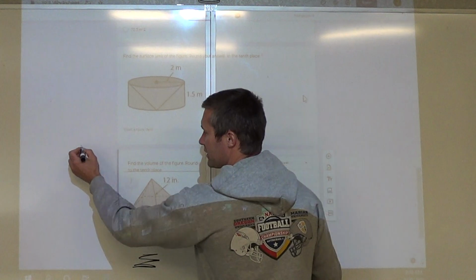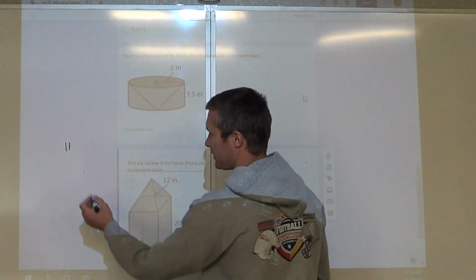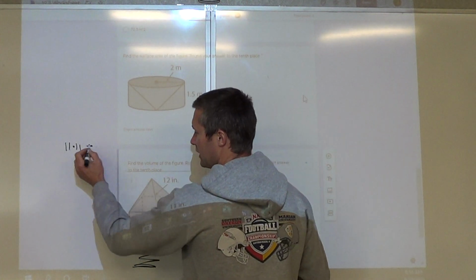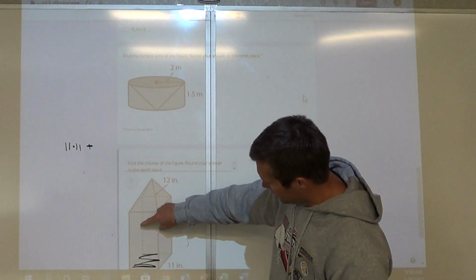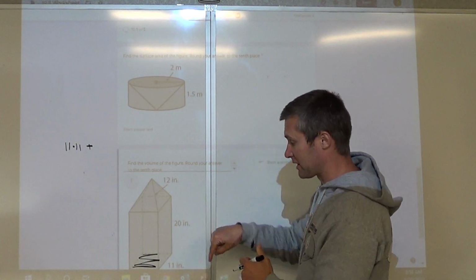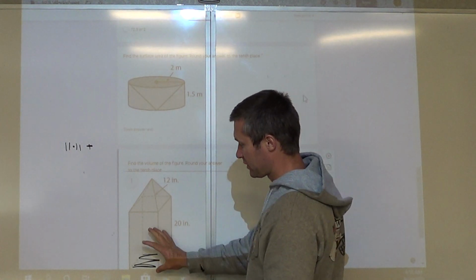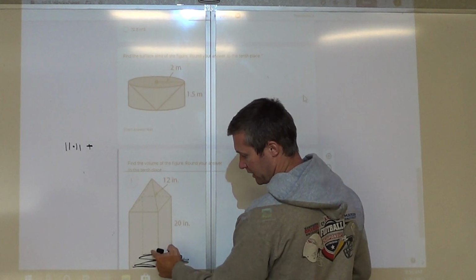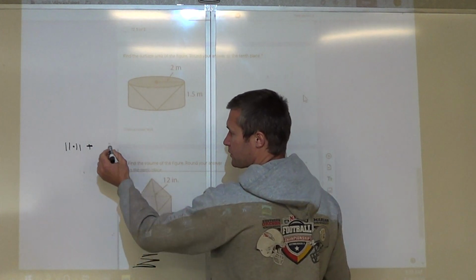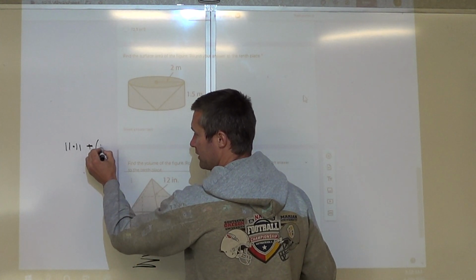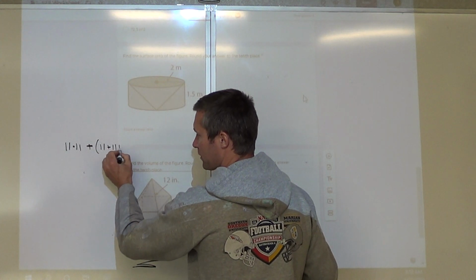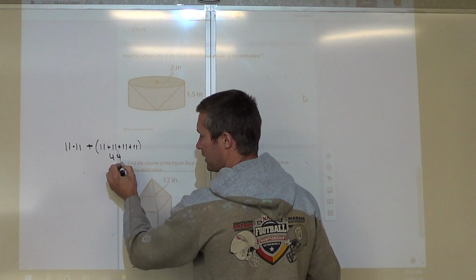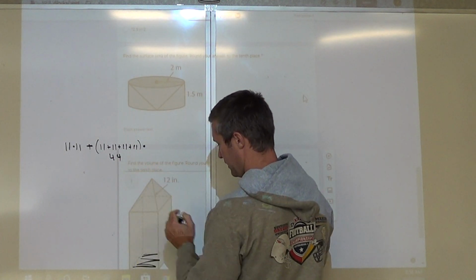So that's 11 times 11. That's the area of the base. Plus, then we want to find this surface, this surface, this surface, and this. That would be the lateral area of this rectangular prism. So it would be the perimeter: 11, 11, 11, 11. So this would be 11 plus 11 plus 11 plus 11, or 44, times the height of 20,